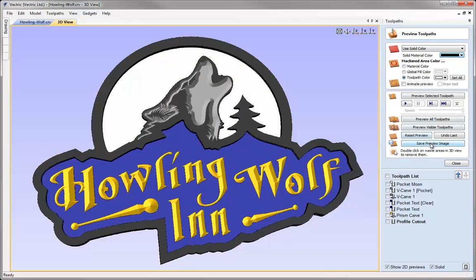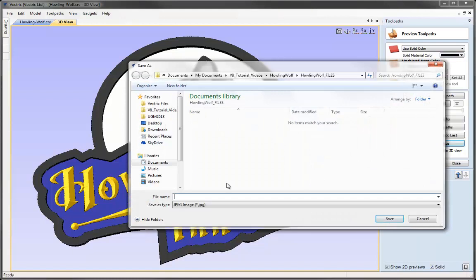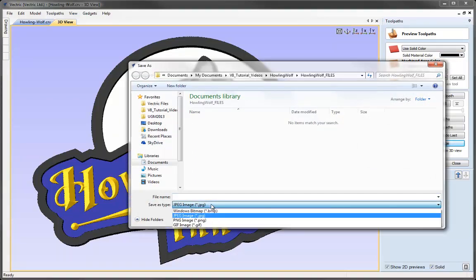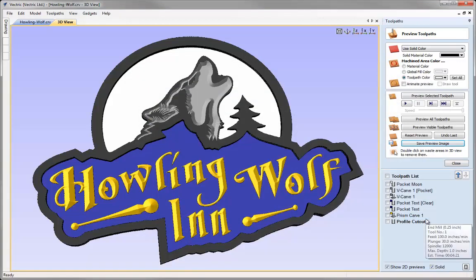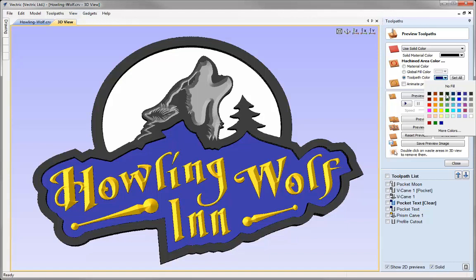So we could click on the Save Preview Image button and we could save that as a JPEG, PNG, a GIF or a bitmap and send that image to our customer so that they could give us approval for it. We may even want to present them with different options for the colours, so perhaps we'd want to take the pocket toolpaths here and change that to a dark green colour. We could change both of those over to that dark green and then we could click Save Preview Image and